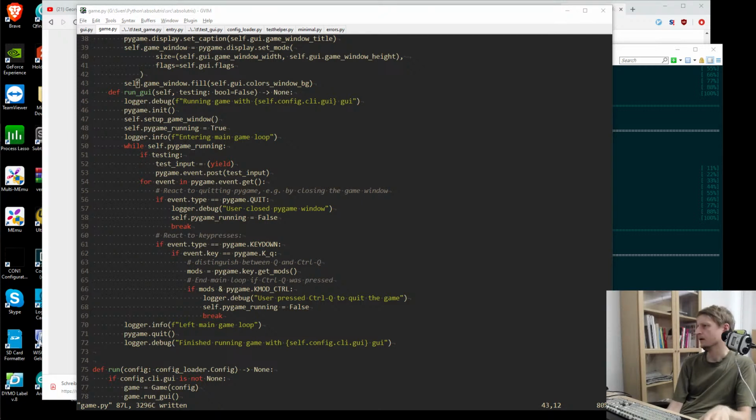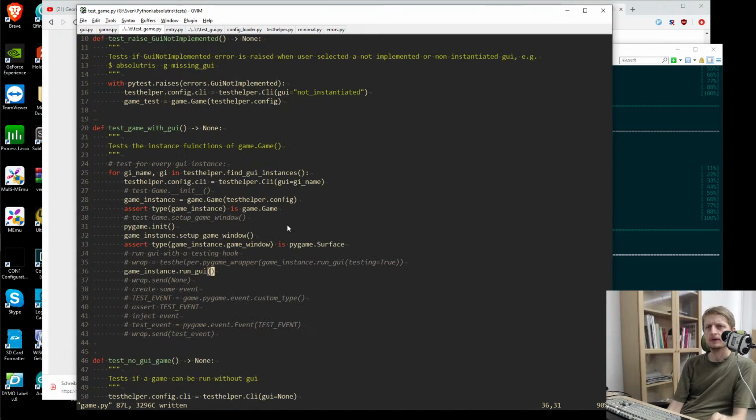Game instance run GUI. So why, but I had the code the same like I have now. Yeah. And pygame was